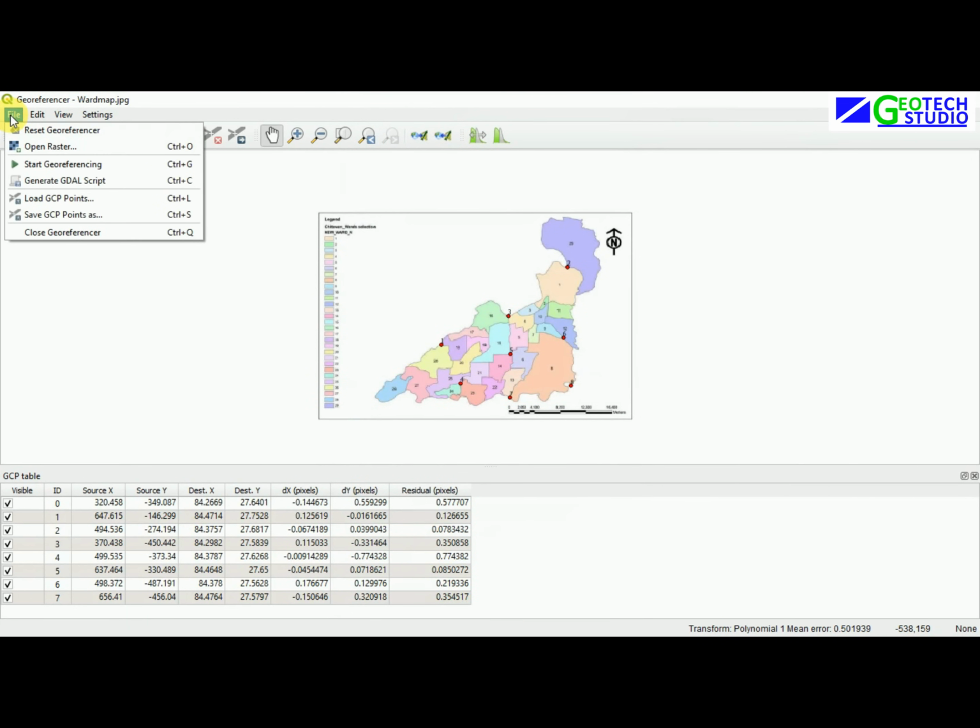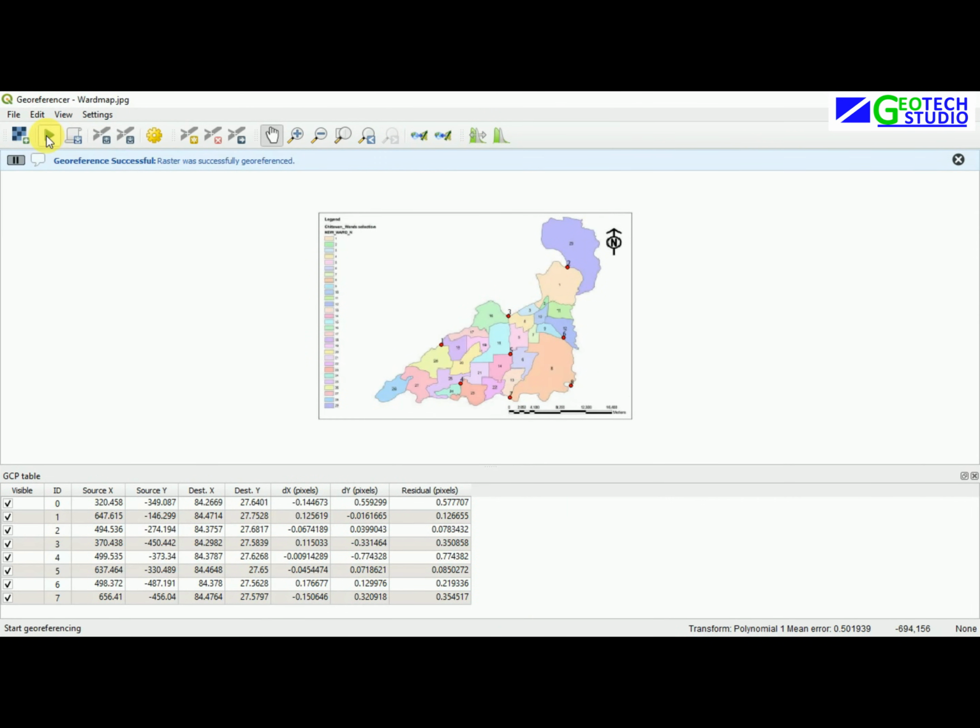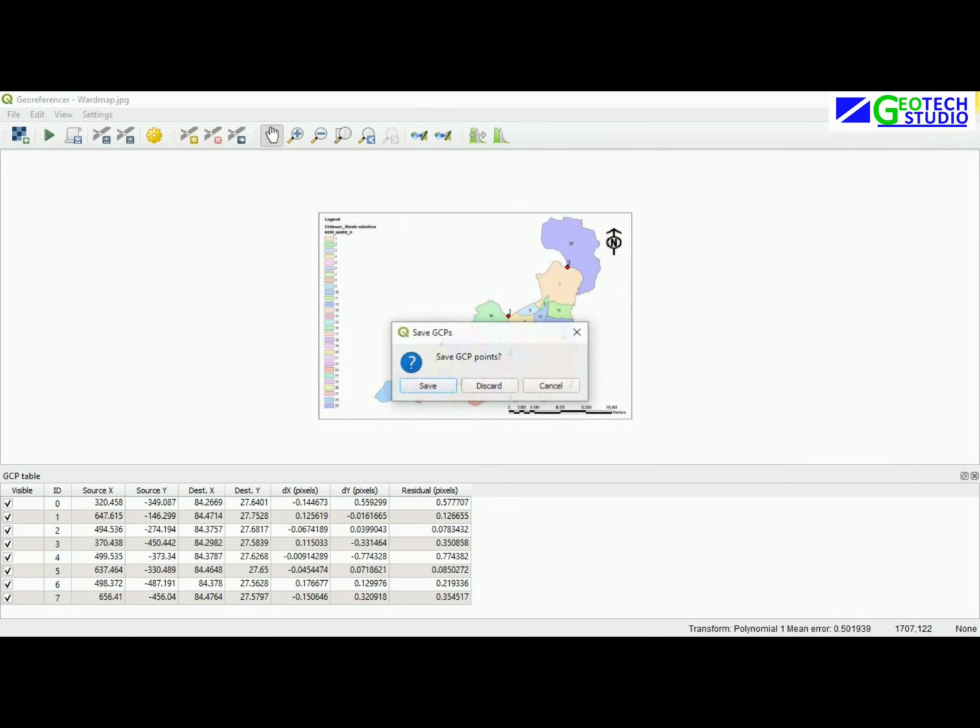And now you can start georeferencing after going to the File menu and clicking here, or you can simply click here too, and you can see it here. We have successfully georeferenced our image, and you can see our mean error over here. As it is close to zero, our control point input is accurate. It means we have less error. So with this I am going to cancel this georeferencer window,